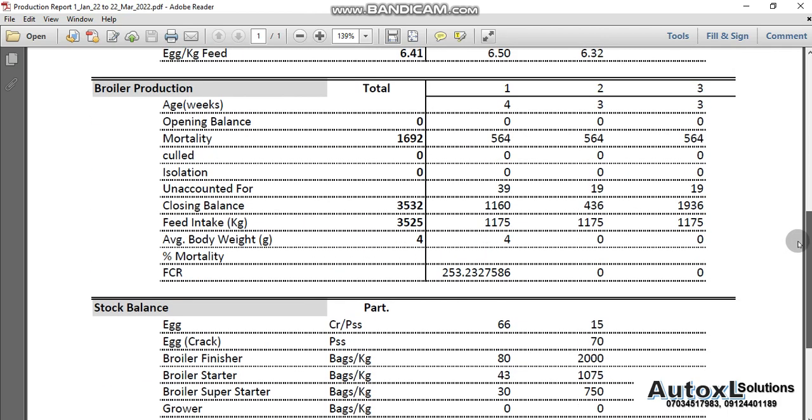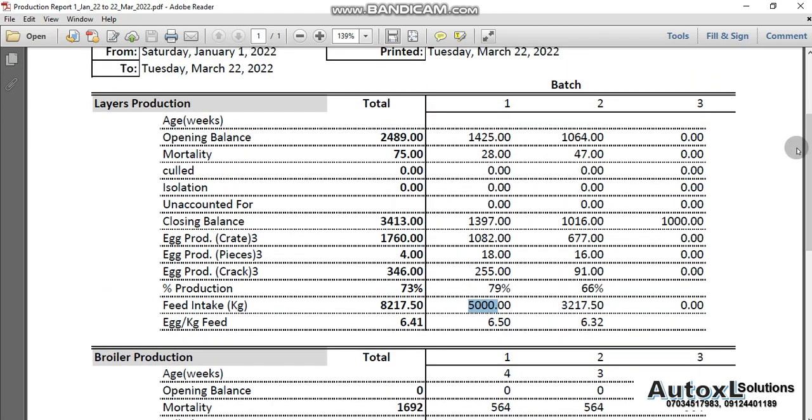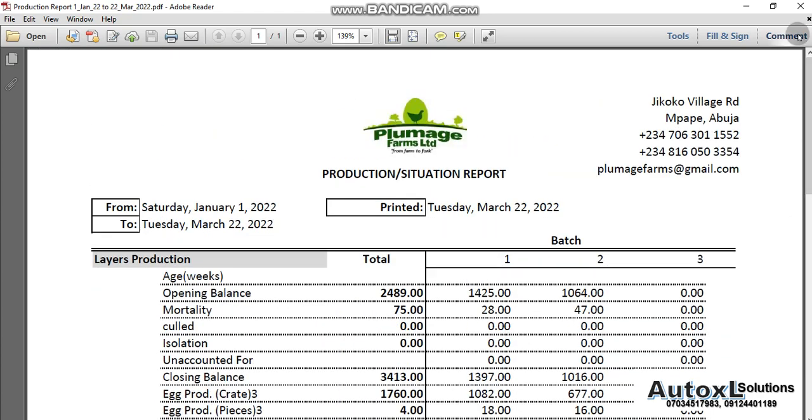So the value for crack egg, this is it here. This one I'm referring to, this crack egg produced, because with this egg we are talking about the production, not movement or vehicle. It is what we produce that we are recording here. It is after production that the other cracks happen, maybe cracks from movement or from delivery. Those happened after production, so they are not captured under produced crack. That is that about reporting for